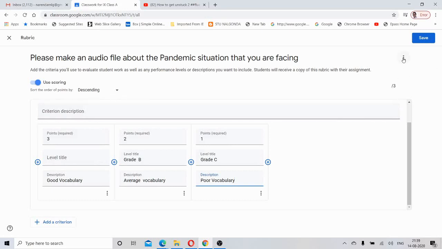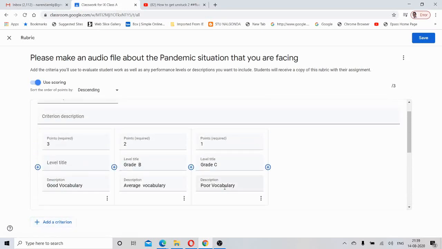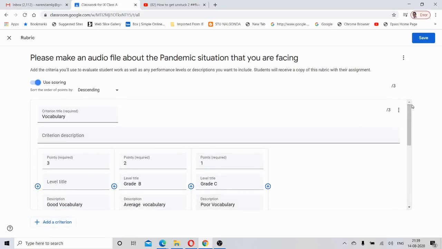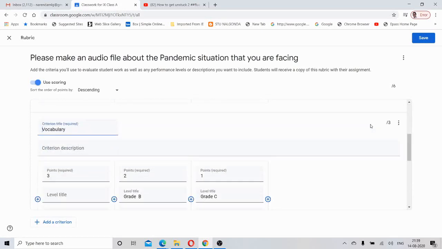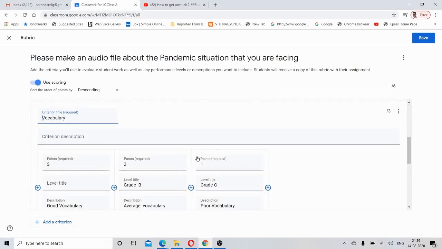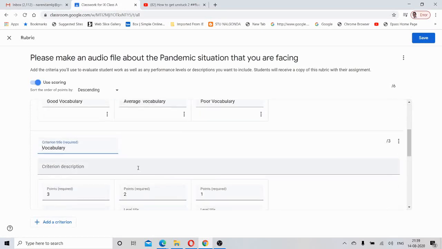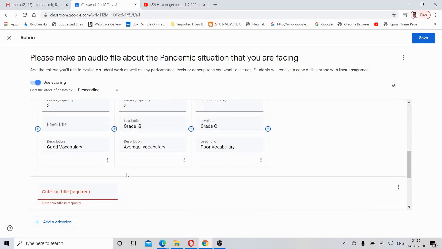And now let me complete this, and I want to add a criteria. Before adding a criteria, I can duplicate this criteria. See here, now the criteria is duplicated, so I want to delete the second one.